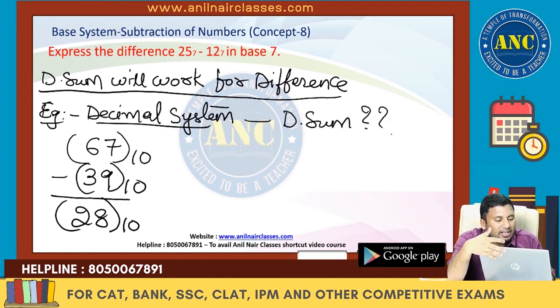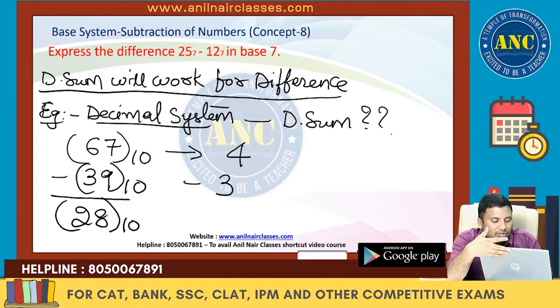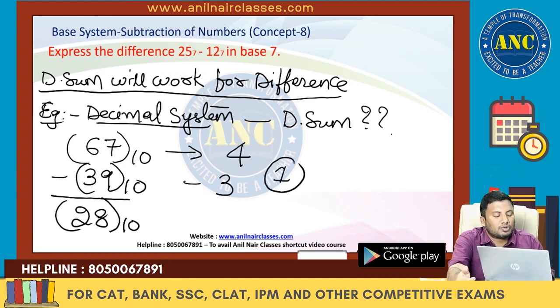6 plus 7 is 13. 13 is 1 plus 3, 4. Are you with me? 13 divided by 9, the remainder is 4. Minus 3 plus 9 is 12. 12 divided by 9, 9 ones are 9, what is the remainder? 3. 4 minus 3 is 1. The answer's digital sum should be 1.